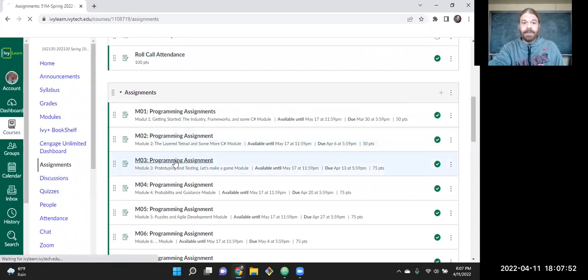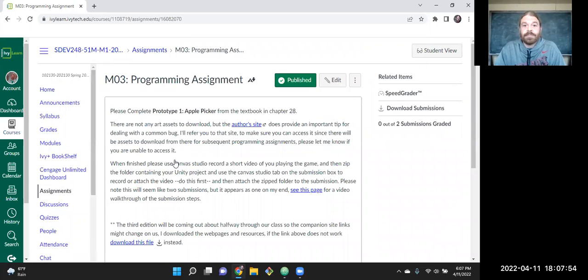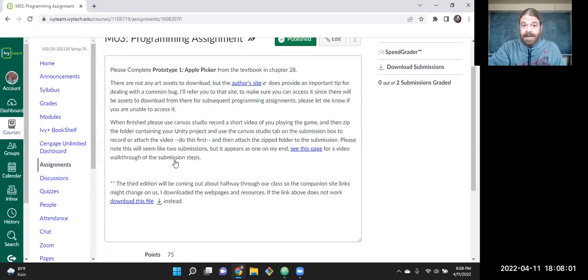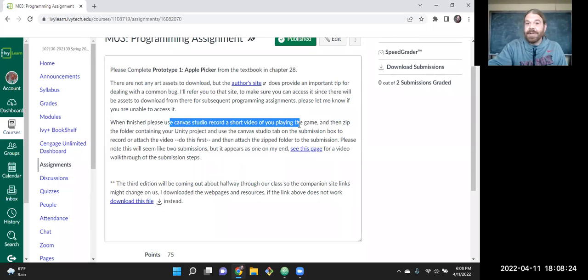Because for a game, a single screenshot isn't enough to see it running, right? We can't just see the input that was typed into the console and the output it gave. So in place of a screenshot, I did ask for a short video, a few seconds of you playing the game to show that it's running, which should make obvious sense. It's not a still thing, right? We don't just have a GUI that doesn't change, where the only change is what shows up in the output box.